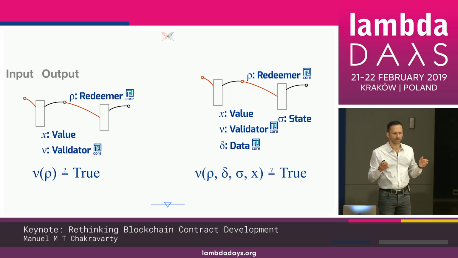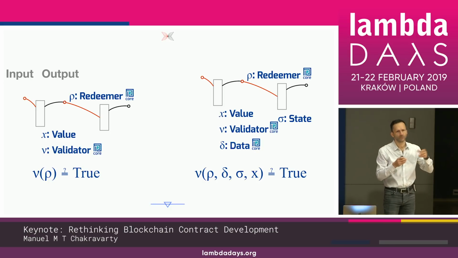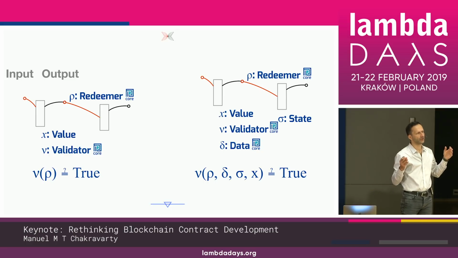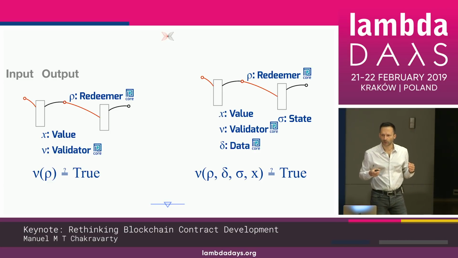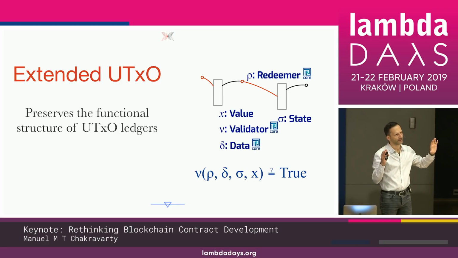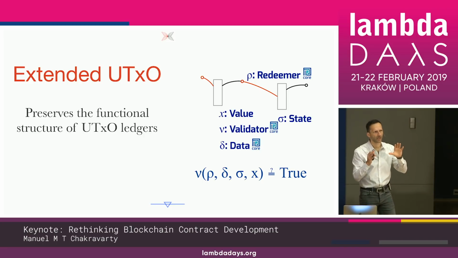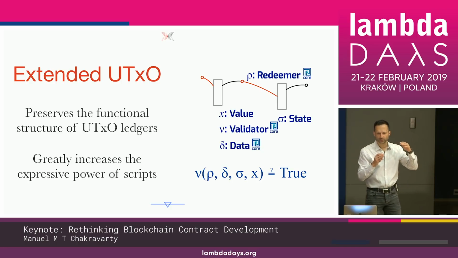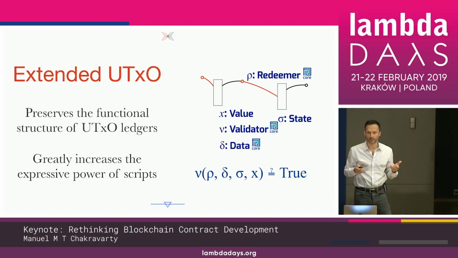Now, once you do that, the function application is a bit more complicated because the redeemer gets applied to a few arguments, but it also has a lot more context to make a decision about judging a connection to be valid or not. So we call the resulting model the extended UTXO model. Structurally, it exactly preserves the data flow in the original data structure. So that's nice about it. All the good properties of UTXO are still preserved, but it greatly increases the expressiveness of the scripts which we can write on top of this.